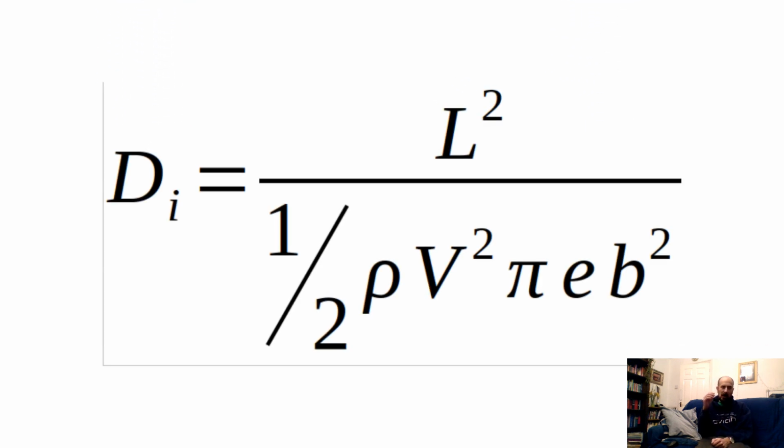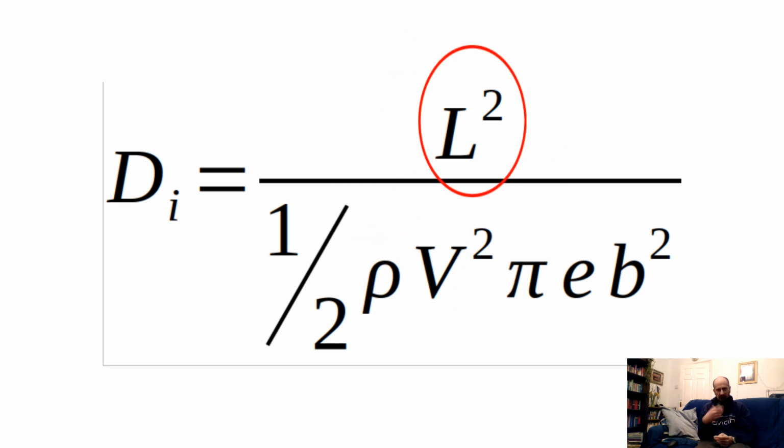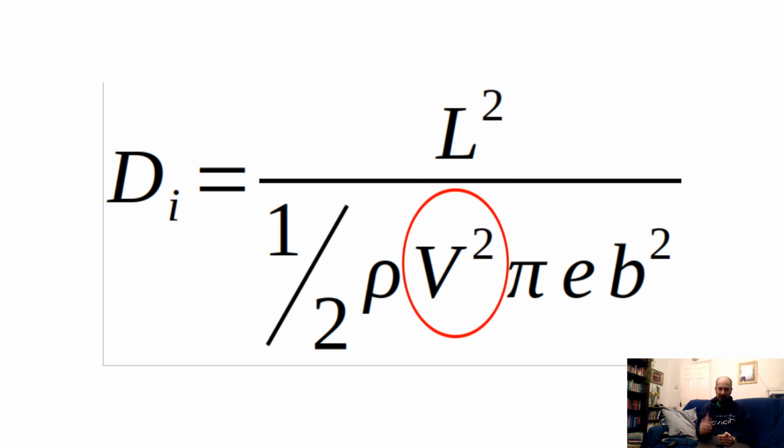So if we look back at the induced drag equation again, we can recap over what we've learnt so far. So we can see here that induced drag increases with the square of lift, which is kind of interesting, but in a sense that's not terribly useful from a design point of view, because obviously we need a certain amount of lift. The lift has to equal the weight, so that's non-negotiable. We can also see that it decreases with higher speeds, which again, interesting, not terribly useful from a design point